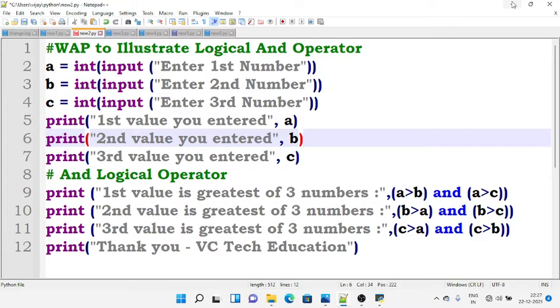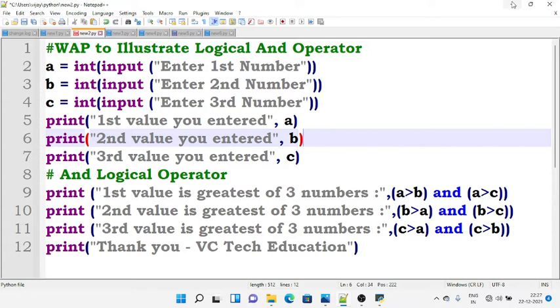Print the first value is greatest of three numbers, double quotes close, A greater than B and A greater than C. Here the AND logical operator is used to club two conditions, A greater than B as well as A greater than C. If these two conditions are satisfied, then it will print true. That means the first value is the greatest of three numbers.